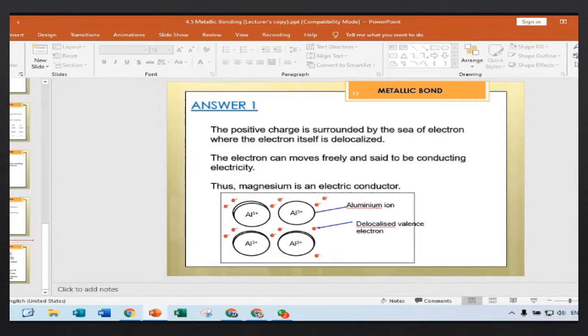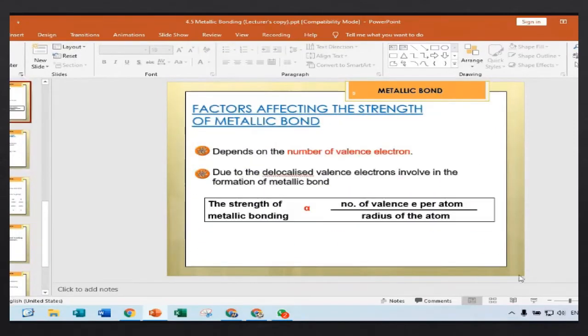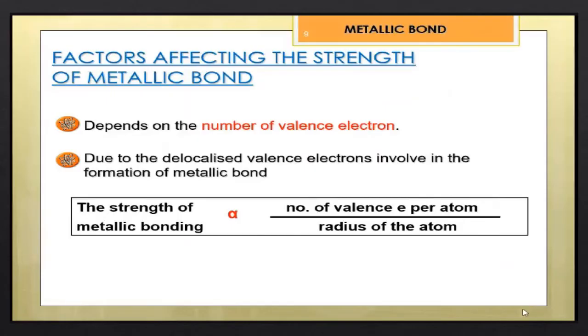Why is the boiling point of calcium higher than potassium? The strength of the metallic bond is proportional to the number of valence electrons, and the radius of the atom is inversely proportional to the strength of the metallic bond. Yes, the first point you must tell me is the general statement: directly proportional to the number of valence electrons per atom and inversely proportional to the radius of the atom. But you haven't answered the question yet. This is just the general statement. So you have to continue by